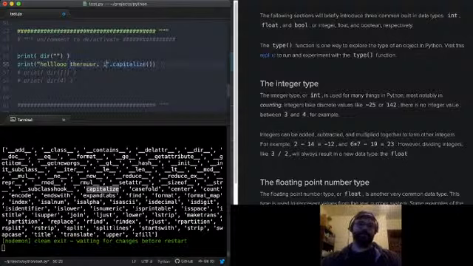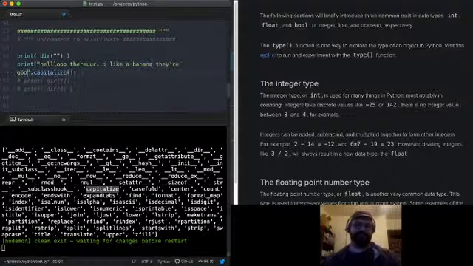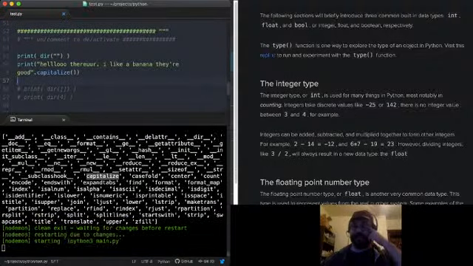Or let's say, I like a banana. They're good. Okay. Let's just capitalize this silly, ridiculous sentence and just see what happens. Or two sentences.